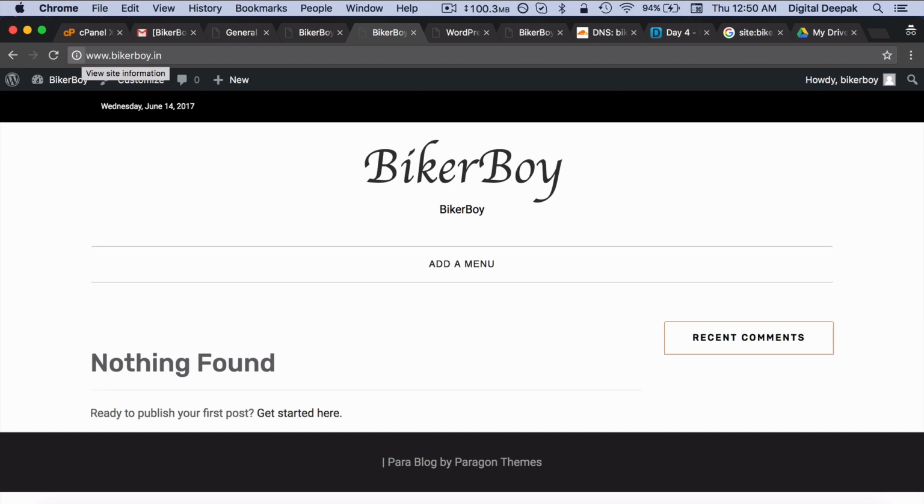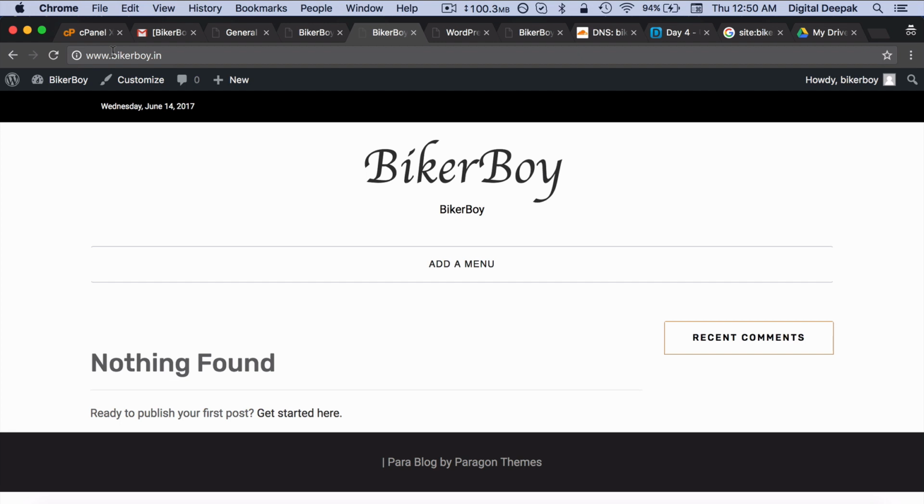So there is a 301 redirect, which is called a permanent redirect, from the non triple W version to the triple W version. If you are debating whether to use triple W or not, there is really no right answer to it. If you think that you need triple W, then you can build your site on it.